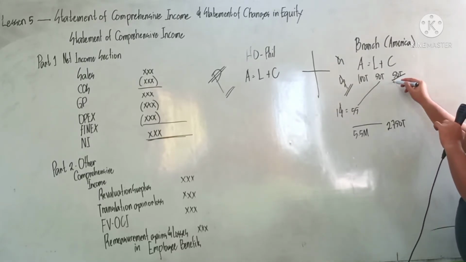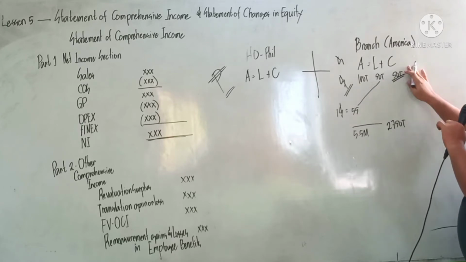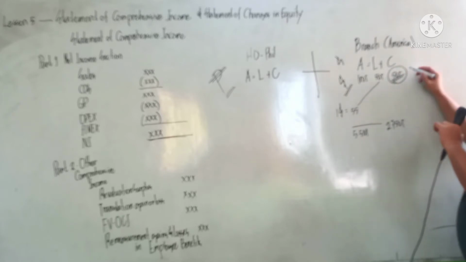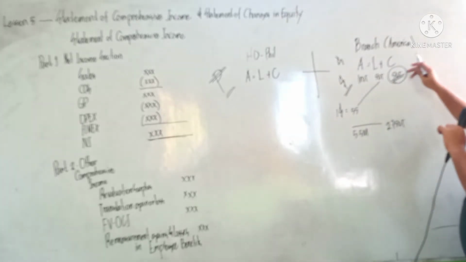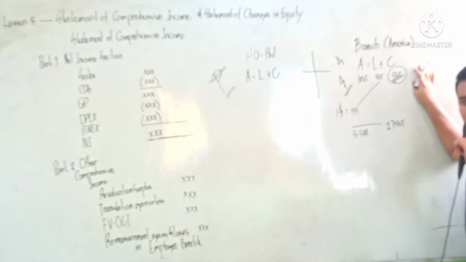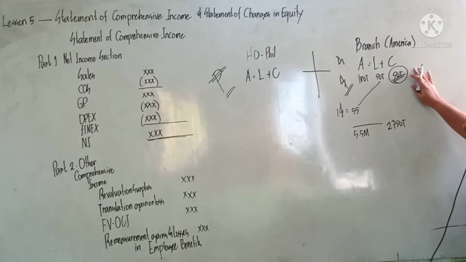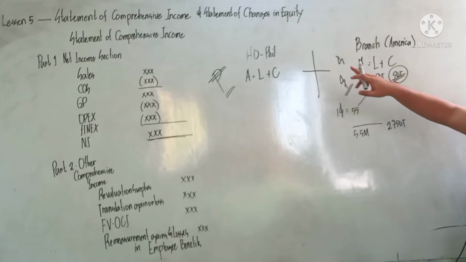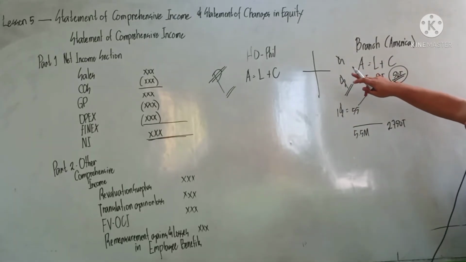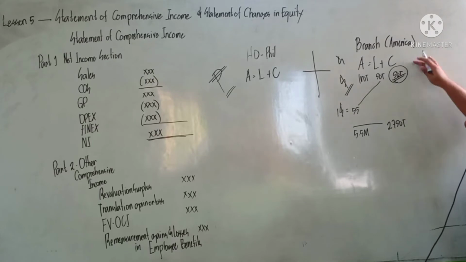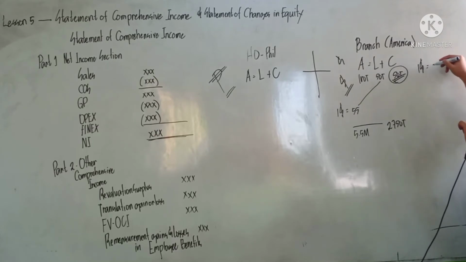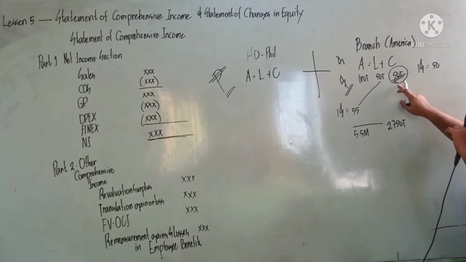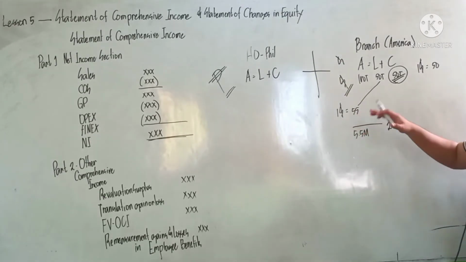The problem is the branch's capital shall not be translated using the closing rate. It will be translated as to when the home office provided for the capital. Example, the home office provided this $50,000 because the only owner of the branch is the home office, tama? So, when the home office gave the capital to the branch, the exchange rate is $1 is equivalent to 50. So, you're going to translate this 50,000 not based on the current exchange rate or the closing rate or